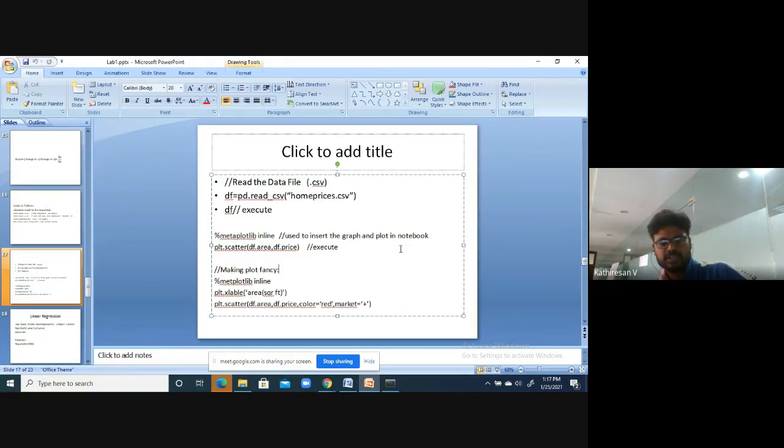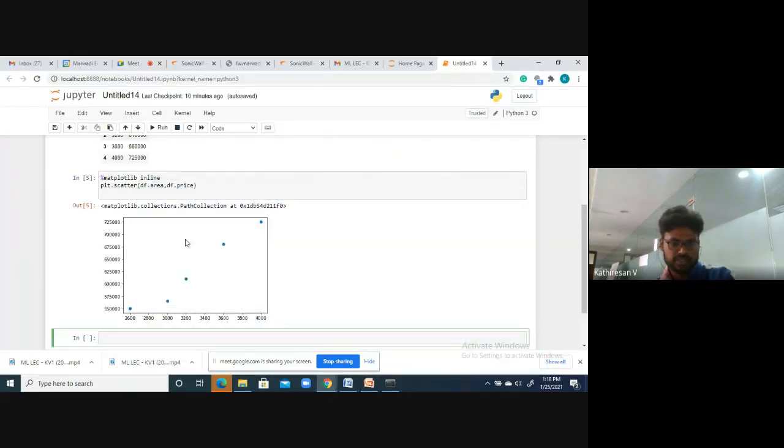Using that inline, you can also make the plot fancy by this code, like plot.xlabel. You can change the x-axis label, you can change the y-axis label, and insert these kinds of things to make the plot more fancy. See here.